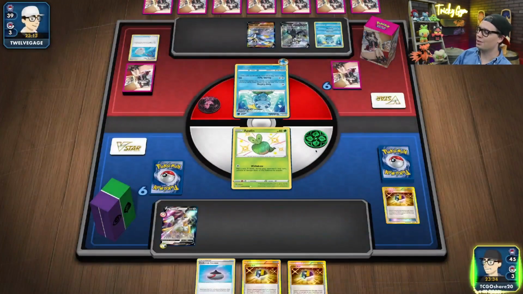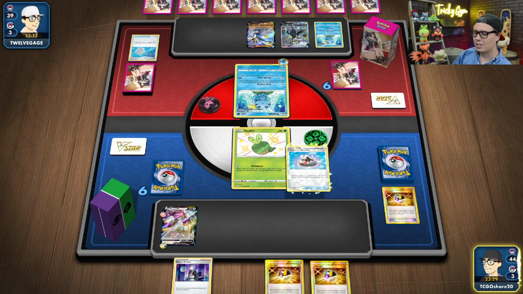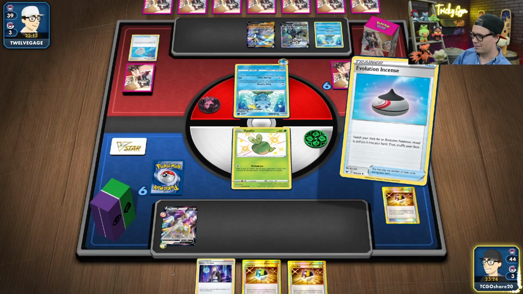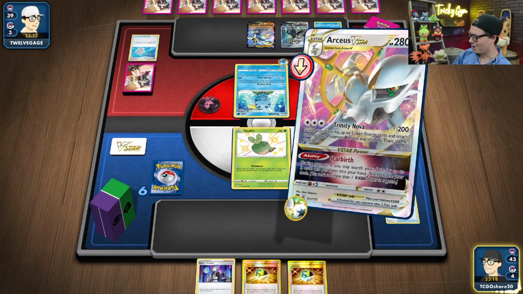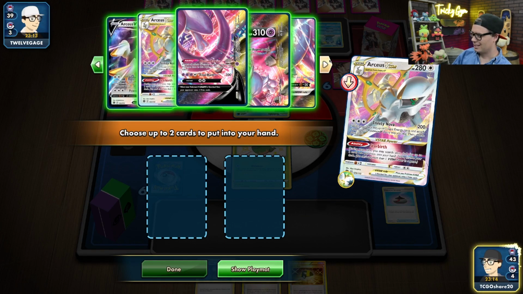And they got out 2 Urshifus. You don't even know what the rock is cooking right now. Evolution Incense. Let's go get Arceus VSTAR. We're going to use Arceus VSTAR and use your Starbirth ability. And we're going to go get, I think,